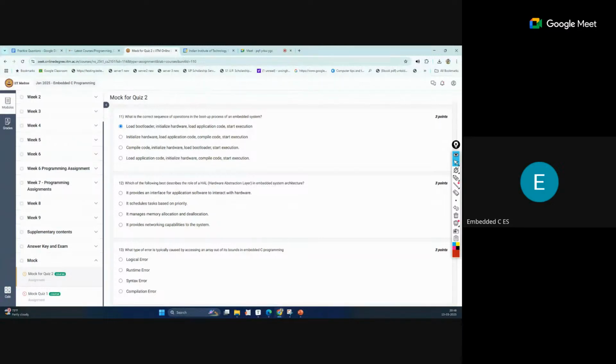So the first option looks correct: it provides an interface for application software to interact with hardware. On top of that we create the application for our task. We write that code, but we use the functions defined inside this HAL, and that HAL will interact with the main hardware, memory, registers, all these parts of the embedded system. So this is the role of HAL.